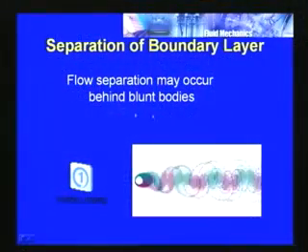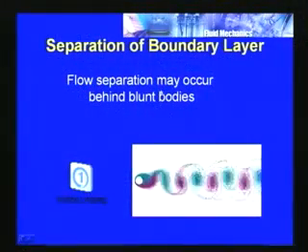Now, as far as the boundary layer is concerned, one of the important aspects is the separation of the boundary layer. We have seen that when the boundary layer forms with respect to flow over external bodies, depending upon the shape of the body and the fluid properties, the boundary layer thickness can change with respect to various parameters. For most blunt bodies like a circular cylinder or a sphere, the boundary layer can separate. So, today we will discuss the separation of the boundary layer.